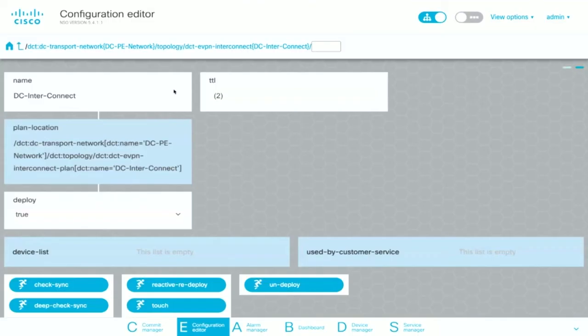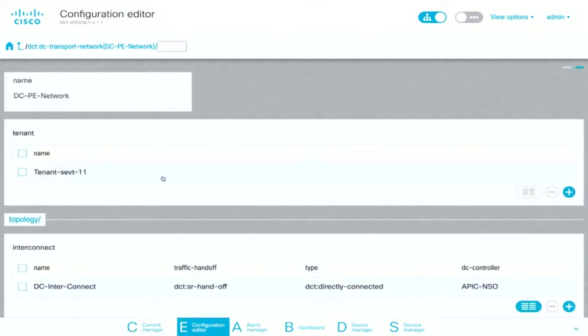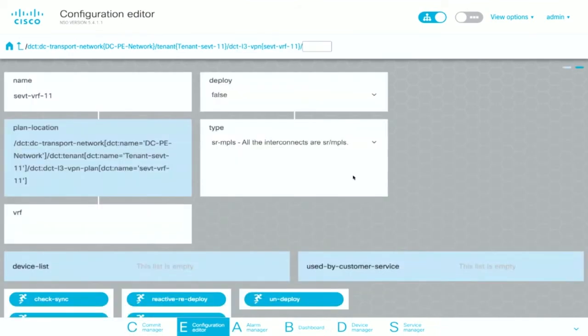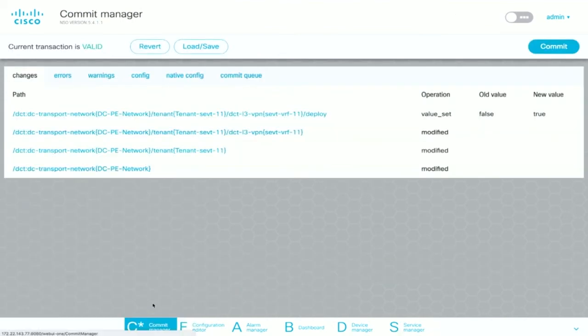So on the configuration, let's go to the DCPE network. On the tenant service, we have the L3 VPN created and the deploy set to false. So let me enable this to true,